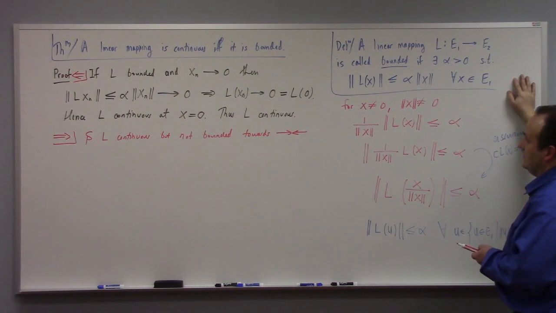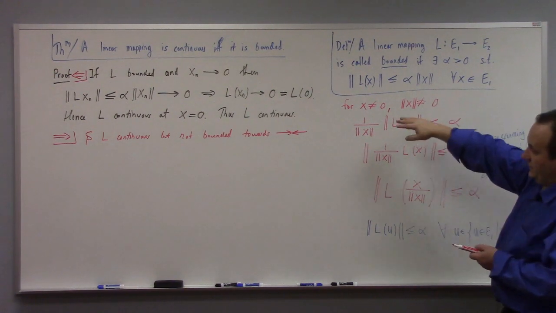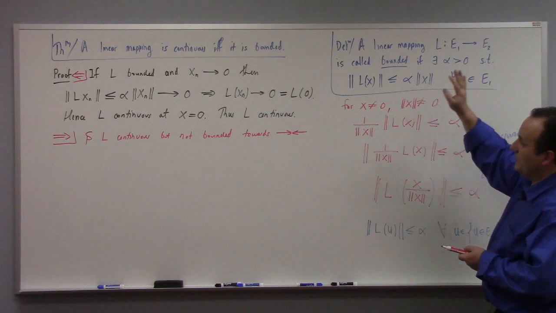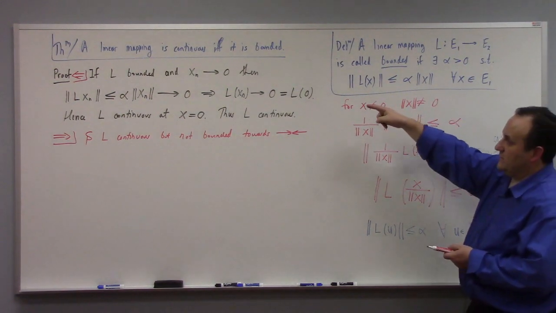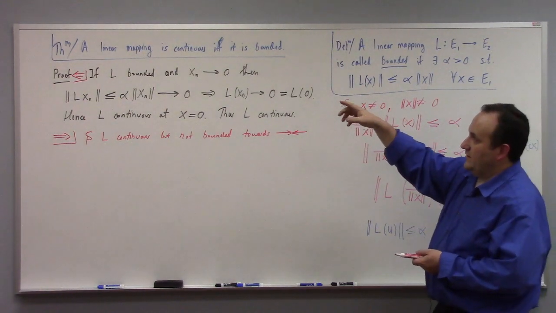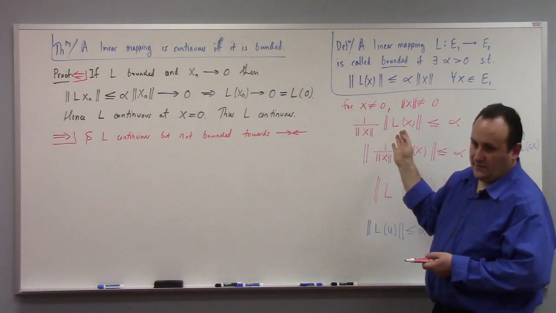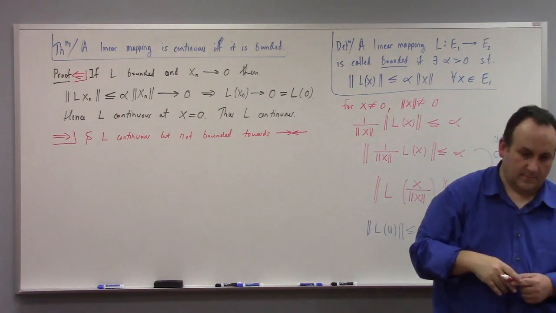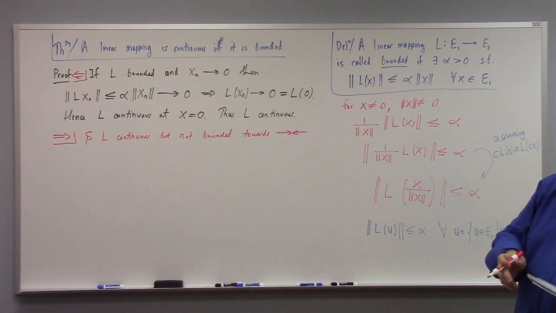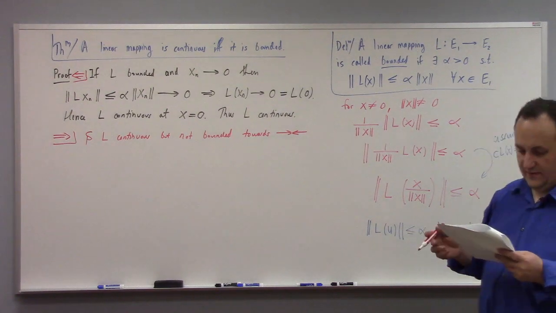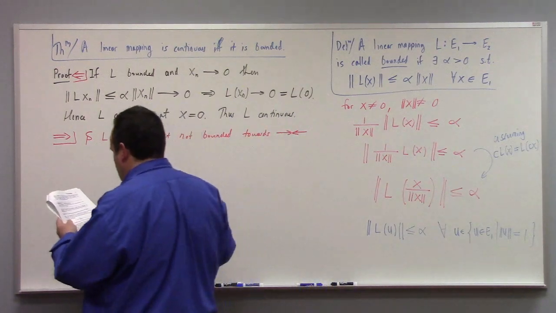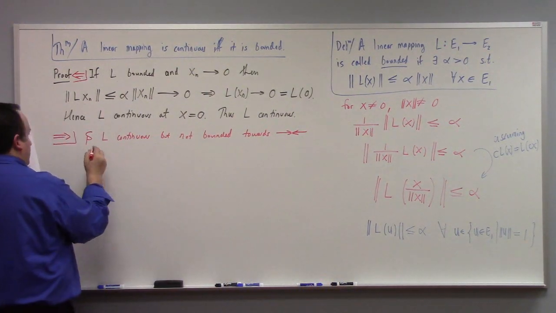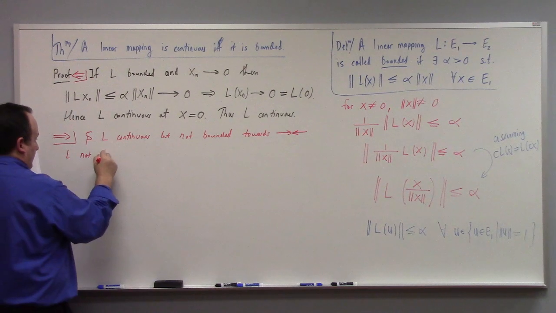It doesn't, I mean, what I have written in black proves that bounded implies continuous. That's true. So what we have written in black here says bounded implies continuous. But now what we're trying to prove is that continuous implies bounded. And so I'm going to follow the book, which uses a proof by contradiction here. He says if L is not bounded, L not bounded means